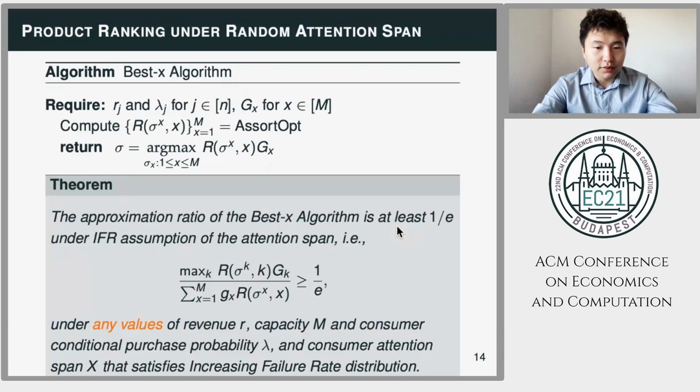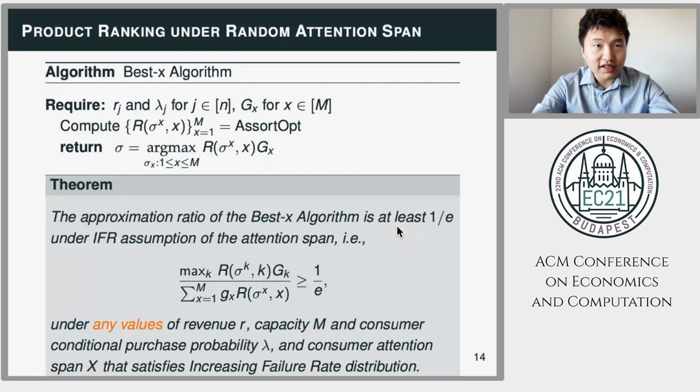Using this property, with further analysis, we develop an algorithm that finds an approximation solution being 1/e of the optimal. Our algorithm finds a path to solve the random attention span from fixed attention span solutions. Briefly speaking, we first solve the optimal rankings for each fixed attention span. Then, among all these rankings,